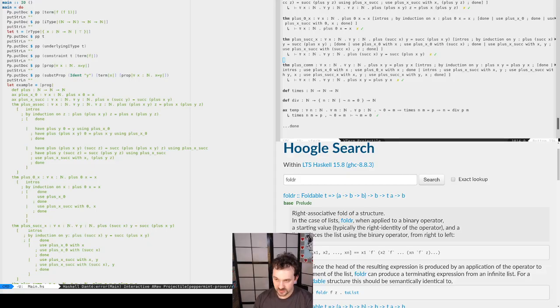At some point this is going to be unwieldy and we'll have to find some way to display this. Have plus x sucks of plus yz equals sucks of plus x plus yz using. Still works.